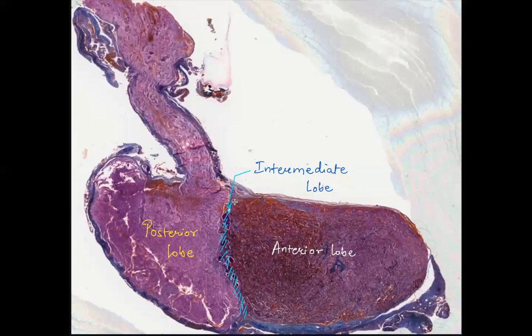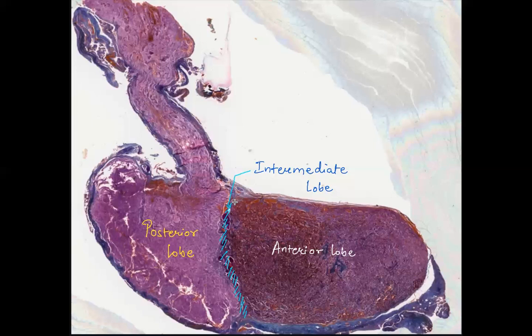The opposite condition, that is over-secretion of growth hormone or somatotropin in childhood, leads to gigantism, where individuals may grow up to a height of 2.7 meters or even more. A condition of over-secretion may sometimes even be seen in adults. That is called acromegaly. Acro means extremities, and megaly means enlargement. So the extremities of your body show enlargement, especially enlargement of the nose, thickening of lips, and elongation of the bones in the fingers as well as in the foot. So these are the symptoms of acromegaly.